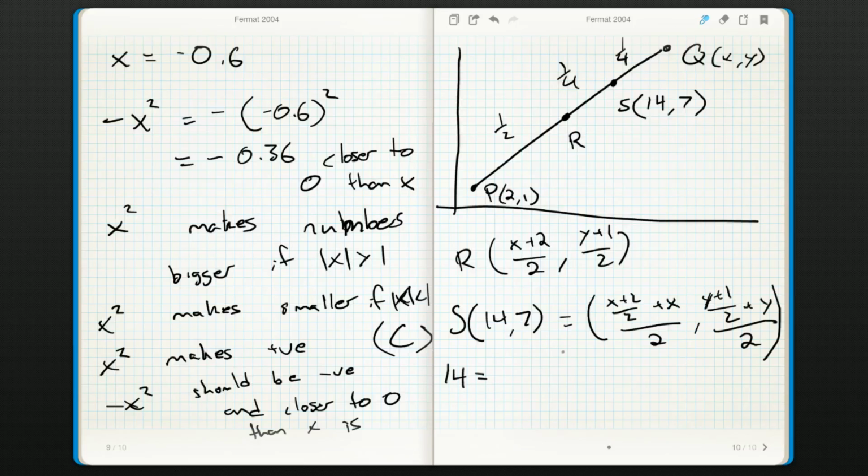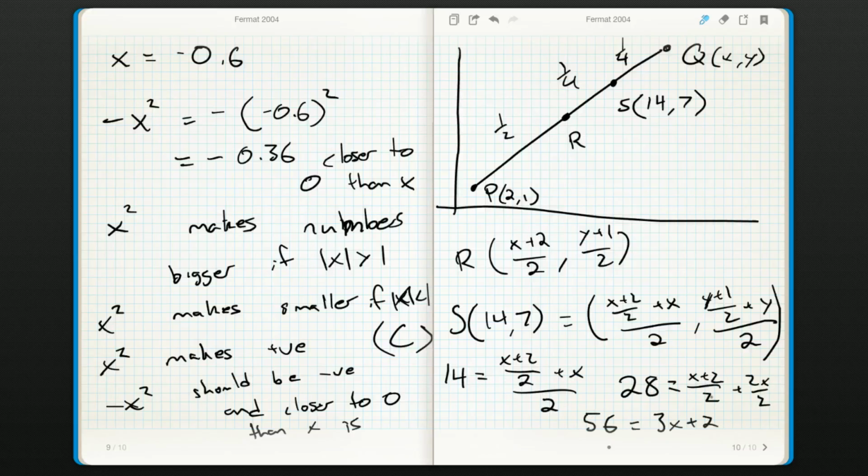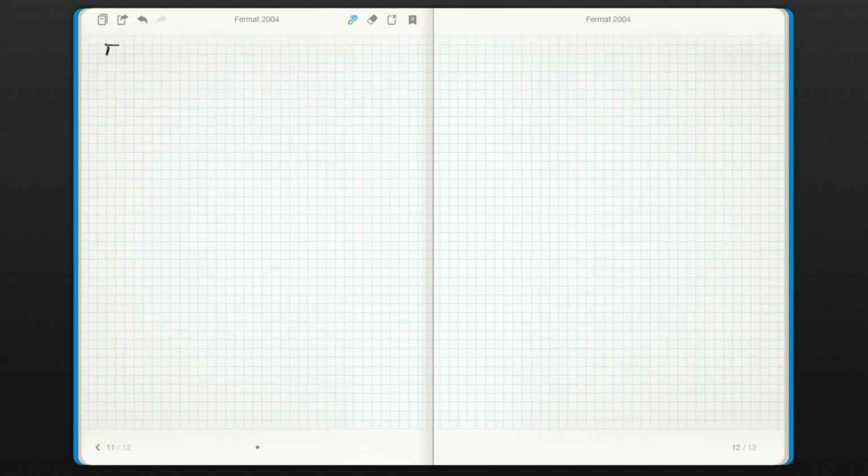So 14 has got to be x plus 2 all over 2 plus x all over 2. Or I could rewrite that as 28, multiplying by 2 on both sides, is x plus 2 over 2 plus 2x over 2. Now I can multiply by 2 again. 56 is going to be x plus 2x, so 3x plus 2. And then I can subtract 2. I'll get 54 is 3x, and now divide by 3, and we'll get x is equal to